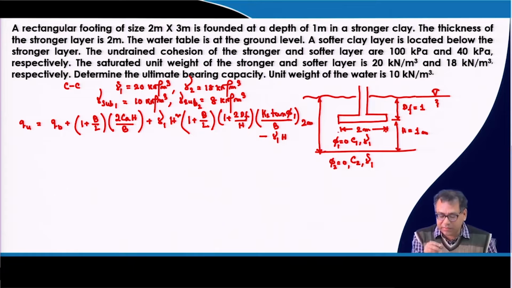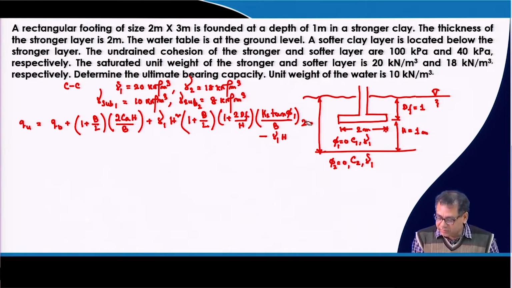This is a rectangular footing of dimension 2 meter cross 3 meter, and the H thickness is given as 1 meter, and then Df, the depth of the foundation, is 1 meter. Saturated unit weight for the top layer is 20 kilonewton per meter cube, and saturated unit weight of the bottom layer is 18 kilonewton per meter cube. So, submerged unit weight of the top layer is 10 kilonewton per meter cube, because it is the saturated minus the unit weight of the water, and unit weight of the water is taken as 10 kilonewton per meter cube. And so, submerged unit weight of the second layer will be 8 kilonewton per meter cube, and this is the basic equation